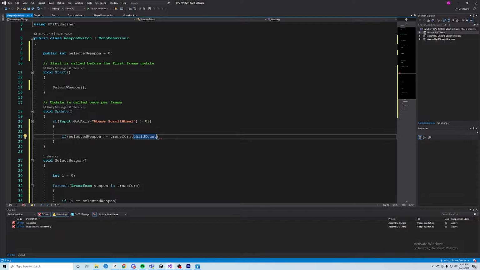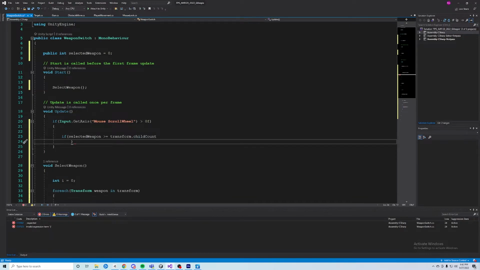So if the currently selected weapon, which we're incrementing every time that we scroll up on the mouse, is greater than the total amount of weapons in the weapon holder object, or weapons in the weapons list, then we want to set the selected weapon